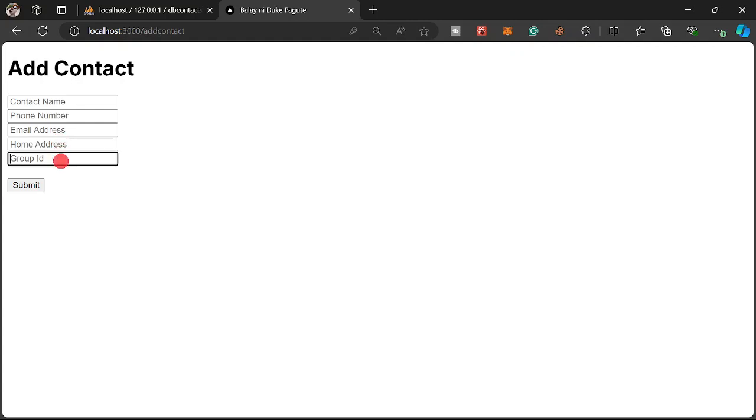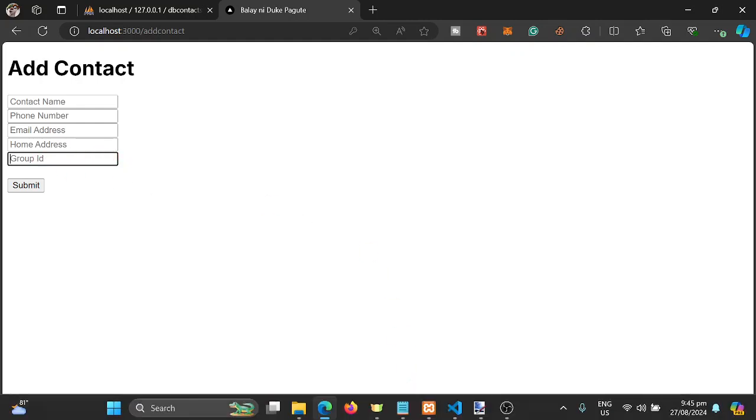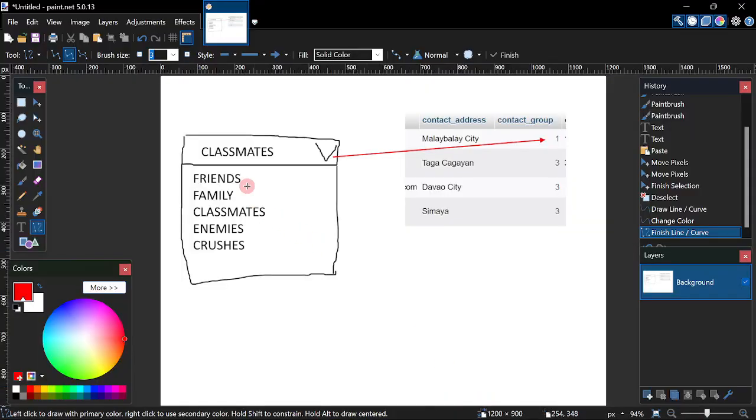How about for the group ID? Am I going to write 3 or 2 or whatever? Actually, we should not be doing it this way. What we are going to do is let the user select from a list of text, then whatever is the selected item here would have a corresponding ID number for the groups. If the selected one is classmates, and the ID of the classmates is 1, that is the one going to be saved on the foreign key